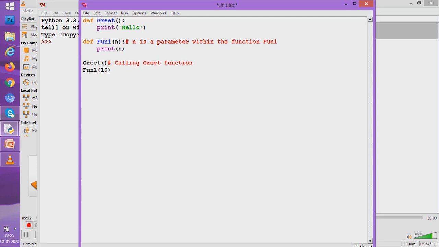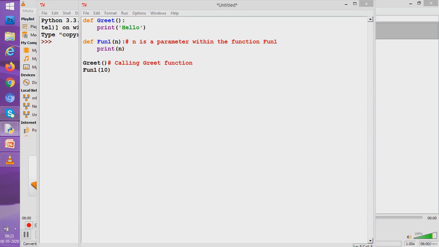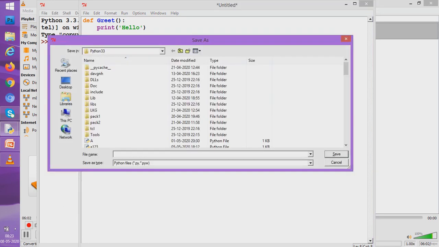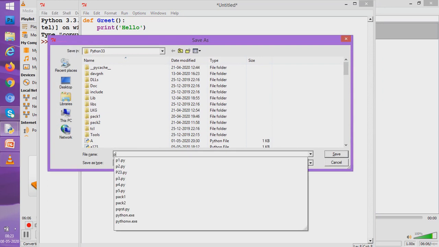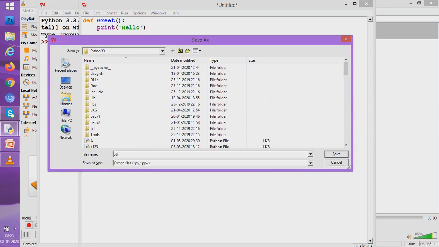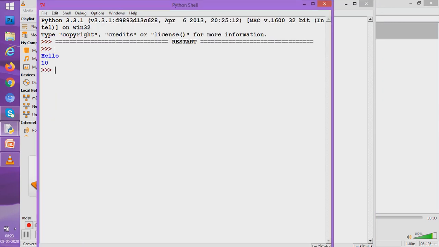Let us see by executing this given function fun1 and function greet. So we start. Let us give a name. Because it is of parameter, we write say p6. See what it did. It printed hello for us through the greet function and it printed 10. But what we had said we want to print n.